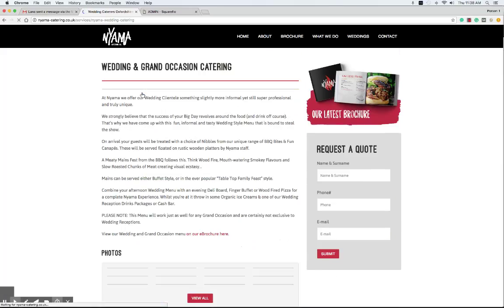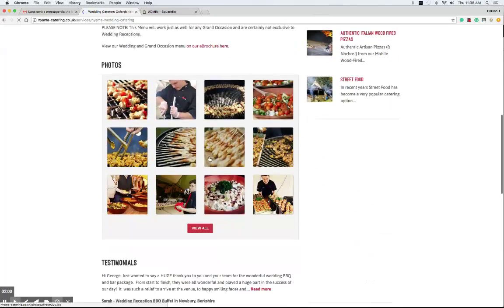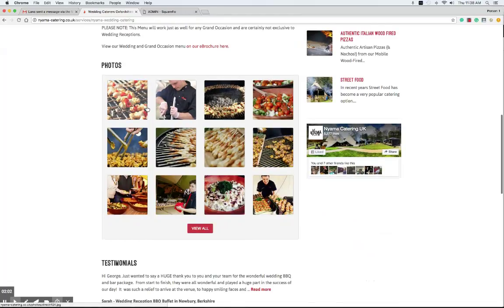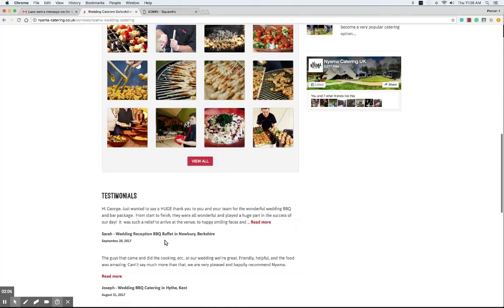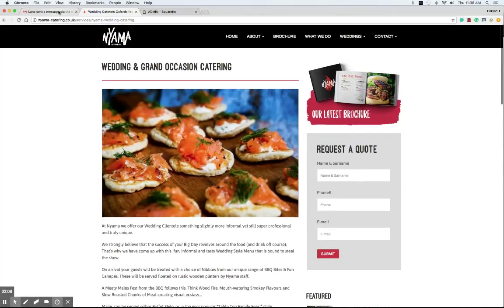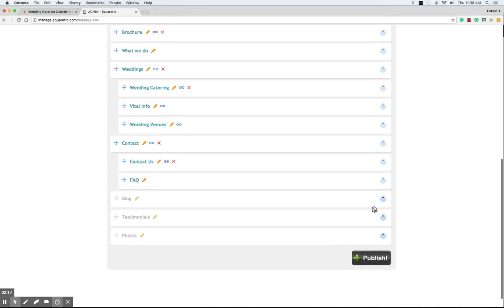So they get imported. We kind of did a mashup with this site where we have a service page, and then on the service page we show the photos that are related to that service and the testimonials that are related to that service. So for those reasons, the client chose to hide these tabs. So to hide a tab, you simply click on the ghost icon and that will hide the